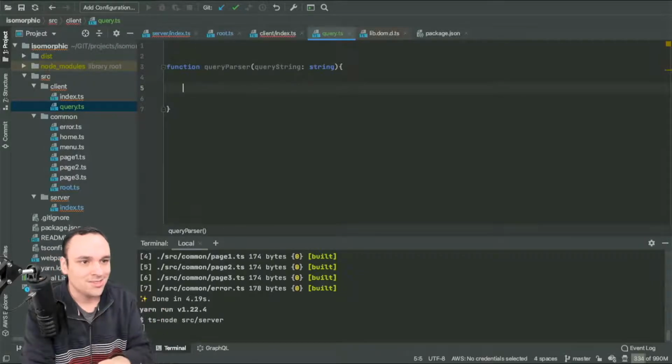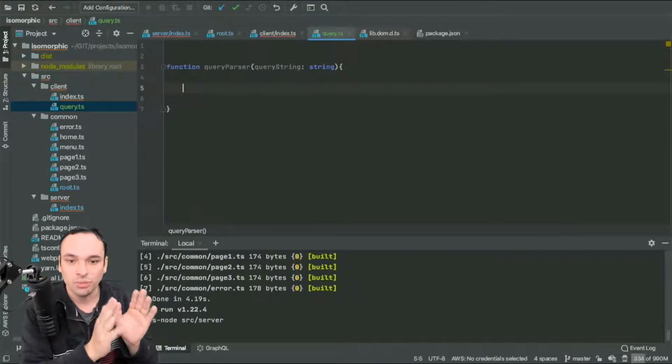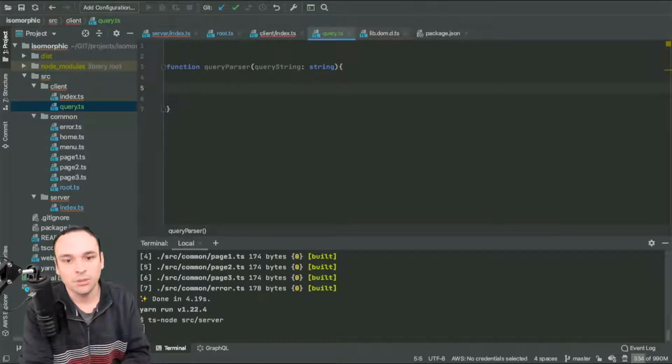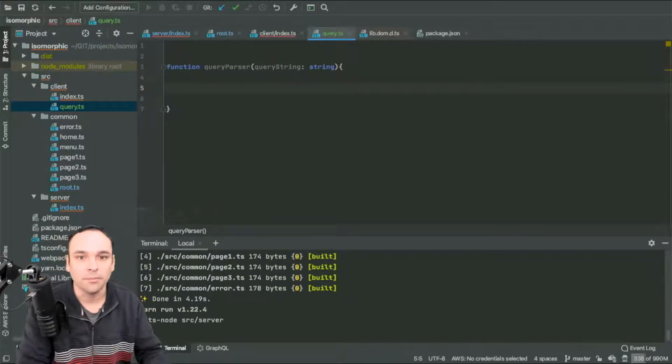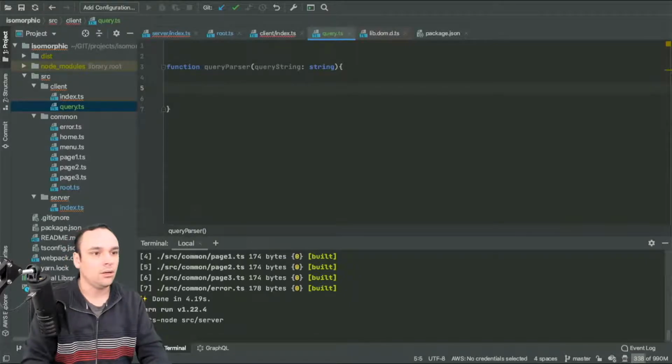I'm going to do the simplest way possible, where I'm considering that parameters are only going to appear once, and I only have that as a key value. That will be simpler to deal with, but I know this is not the normal scenario. A normal query string parser should be able to deal with way more concerns than what I'm writing here. Then I can get my query